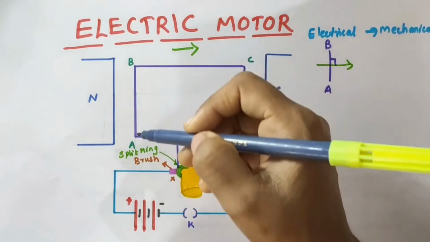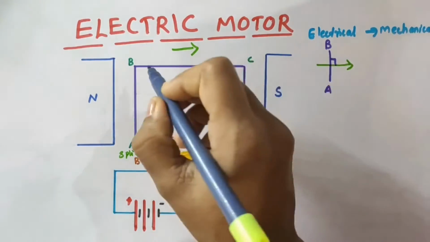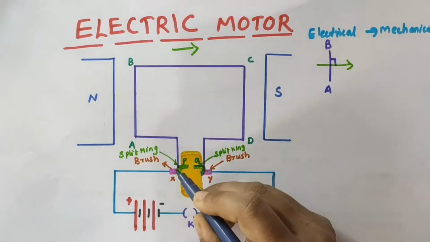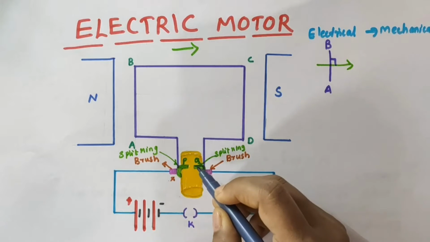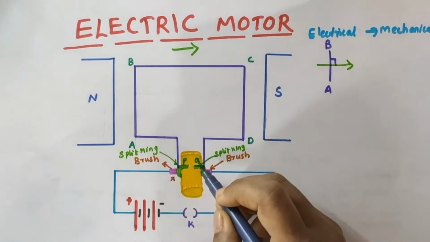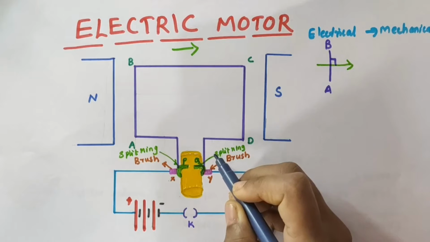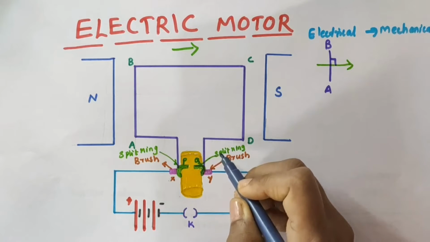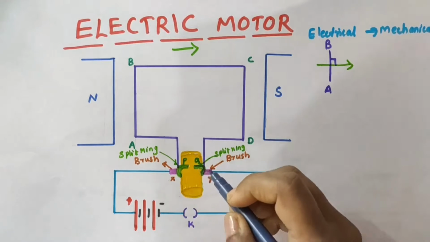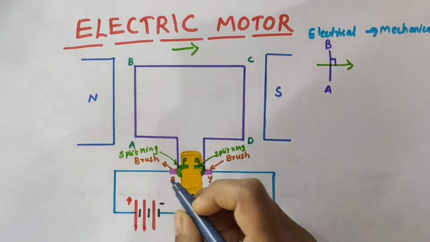In the magnetic field produced by the north-south magnetic pole, arms AB and CD are perpendicular to it. Now what we have done here, two halves of the split ring are connected. The colored one is the split ring, P and Q. One half is P, the other half is Q. The split ring is used for reversing the direction of the current in the coil. Every exact half rotation, it will reverse the direction. The inner halves of this are insulators and they are connected to the axle. You can see the axle there.